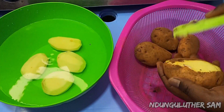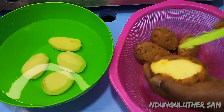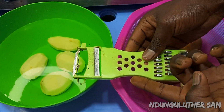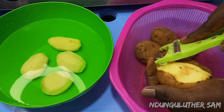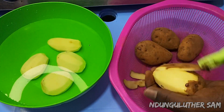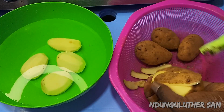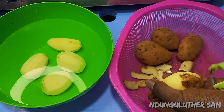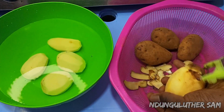So I'll start off with the first step, and definitely you need to start off by peeling your potatoes. This is what I use. Haka nika kitu ka 10 bob. You can find it at any mali shop. So I find it very effective because haitokangi na nyama mob, and it's also very easy to use. Just like that, we are done. Then,